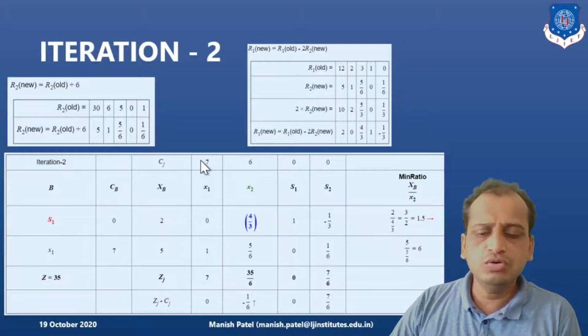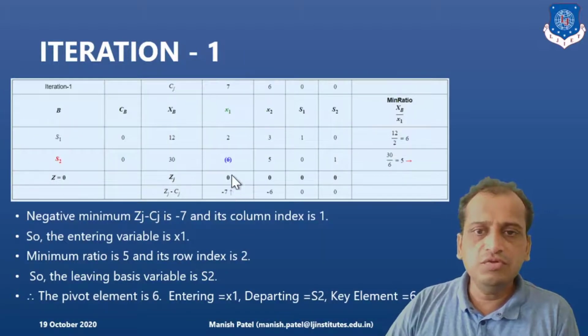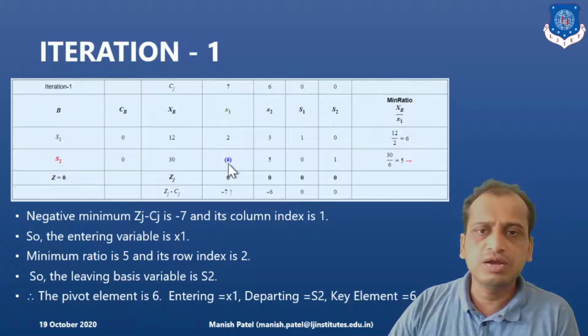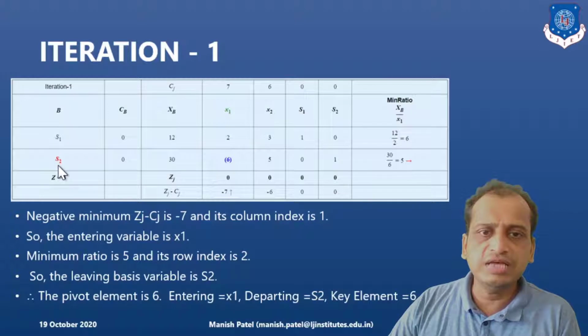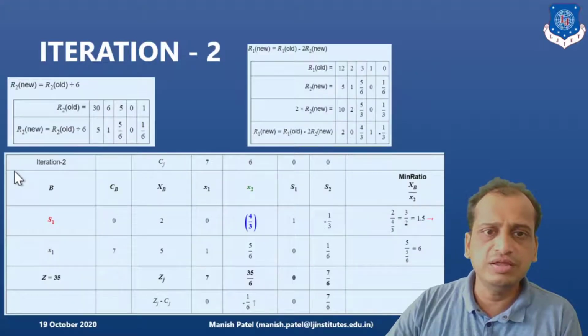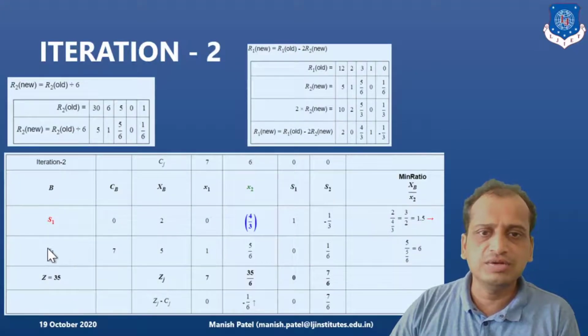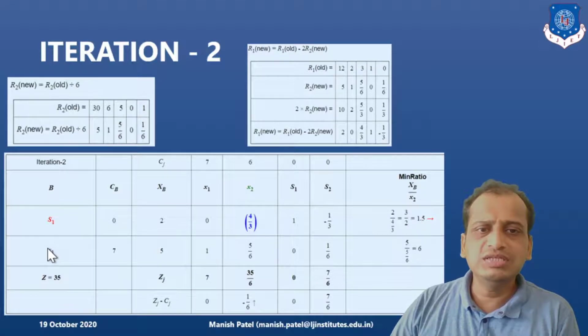Again, what I want to tell is, here if you see 7 minus 7, the variable x1 is the entering variable, right? And the variable corresponding to this pivot row, that is s2, shown in red here, is the leaving variable. So instead of s2, we will write x1. So that is what I have done here. I have written x1 here. Clear? Now what is the next step here?